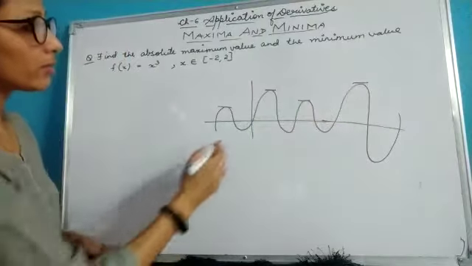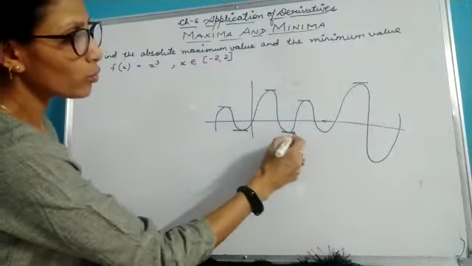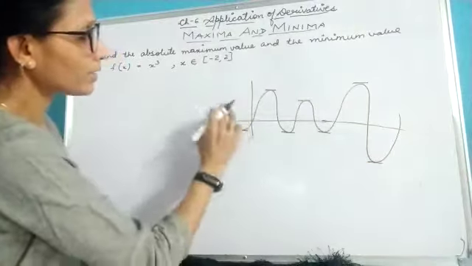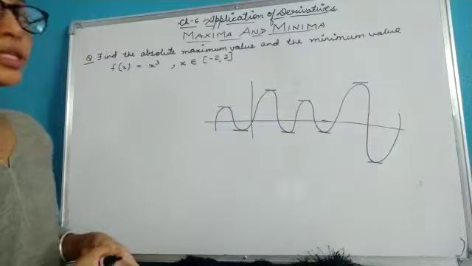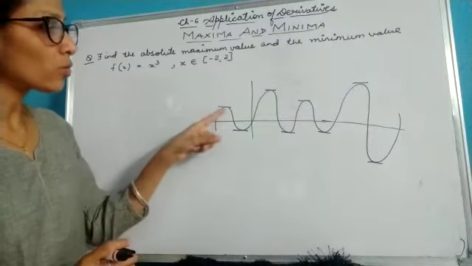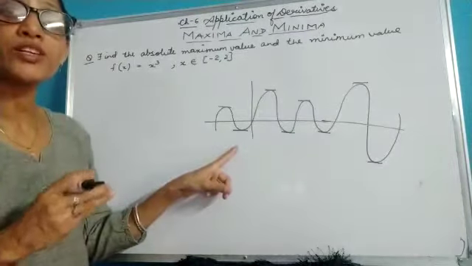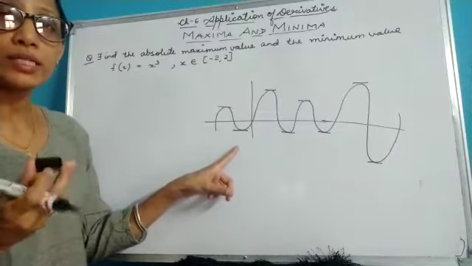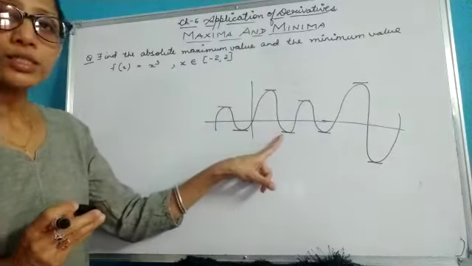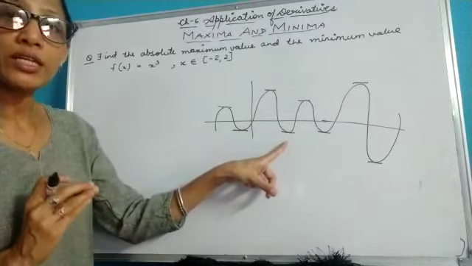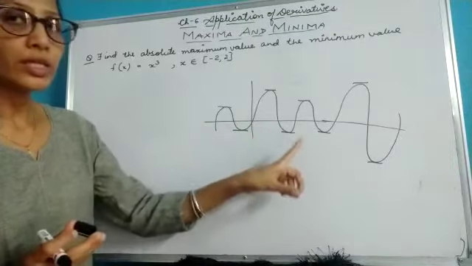in the given curve, and we can have more than one minima, and these are known as local maximas and minimas. But children, it is not necessary that local maxima gives me the greatest value or the maximum value in the graph. It is not necessary that local minima will give me the least value in the graph.